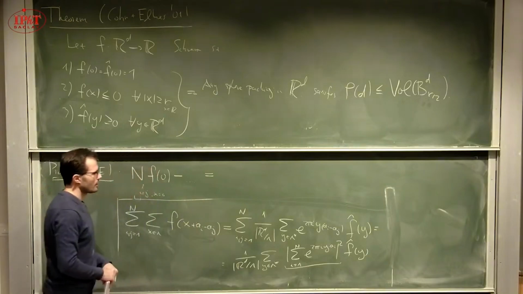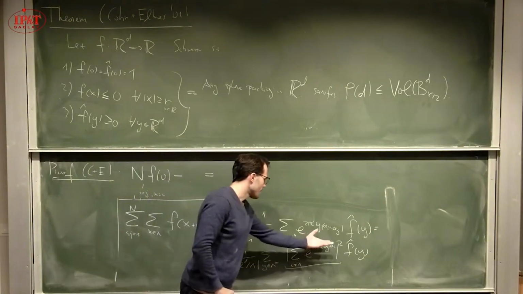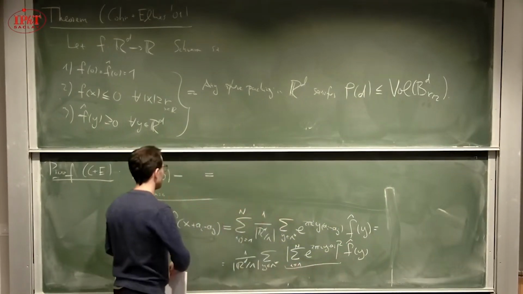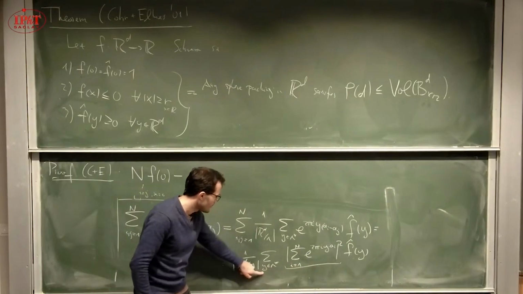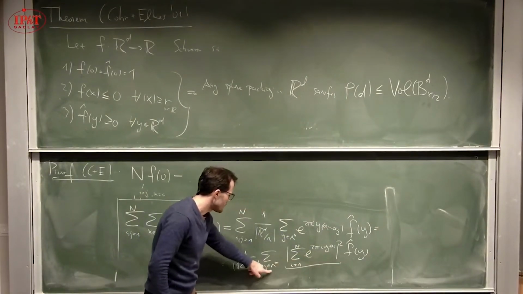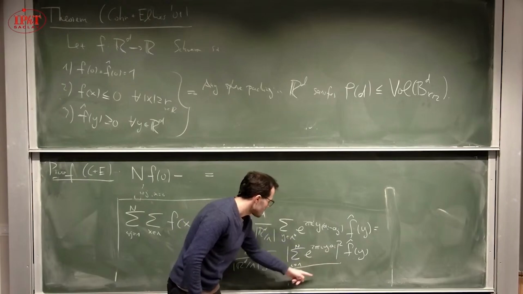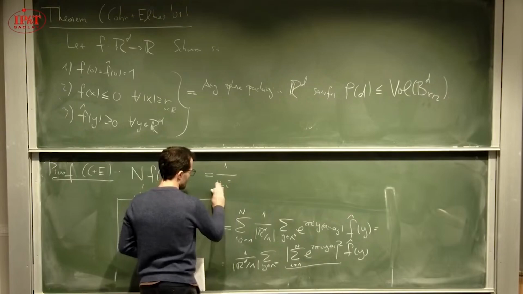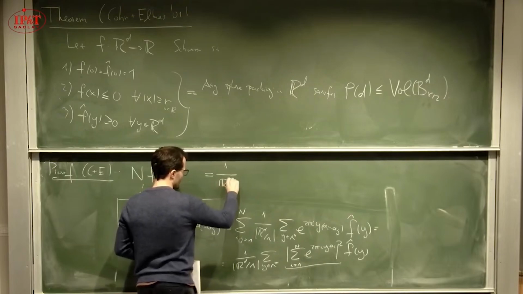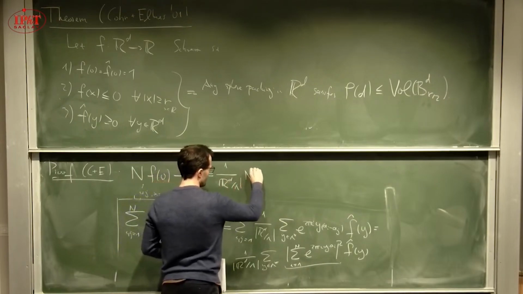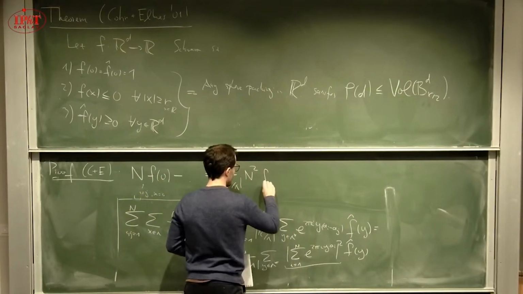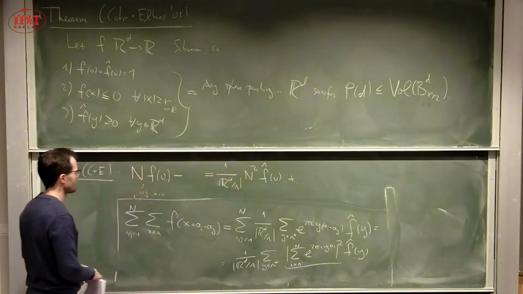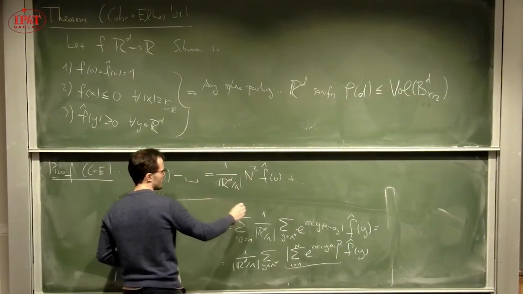And on the right-hand side, everything is non-negative because f hat is non-negative, and this is non-negative. But we are still going to isolate a term where y is 0. When y is 0, this is 0. So this is n squared. So you get 1 over the volume of the unit cell times n squared from here times f hat at 0 plus something positive. So this is something positive and this is something positive,